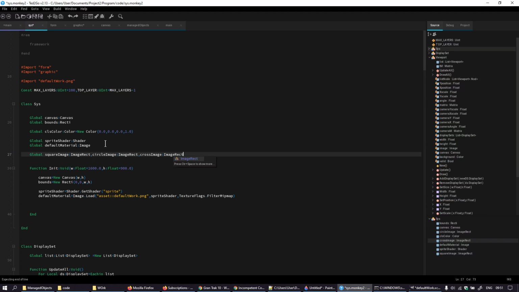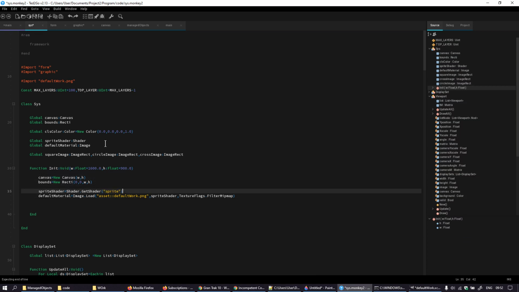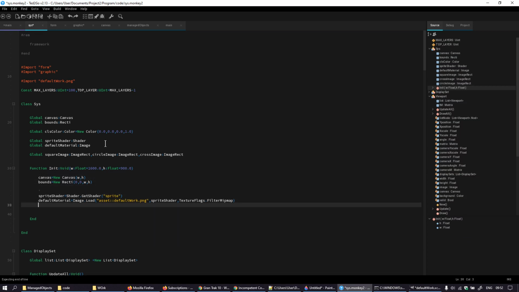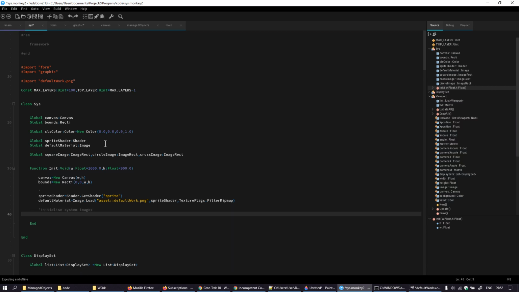And another part of initializing this is initialize system images. The next bit of this will be initializing the system font, but anyway, that doesn't have to come very soon. So let's just do that, which is to say square image equals new image rect